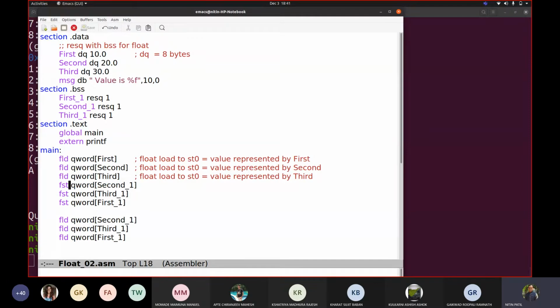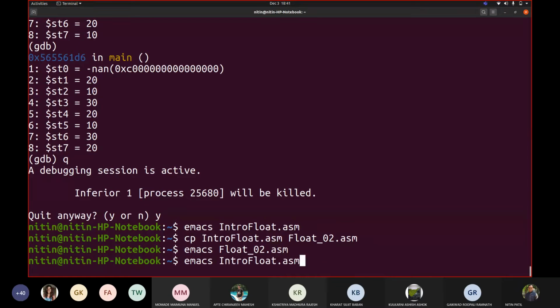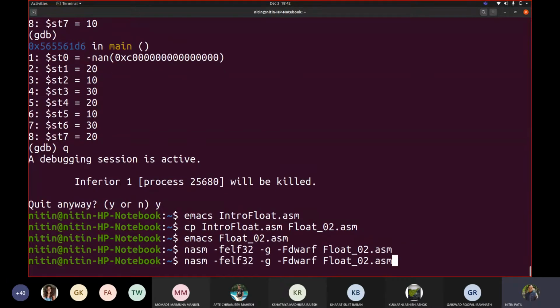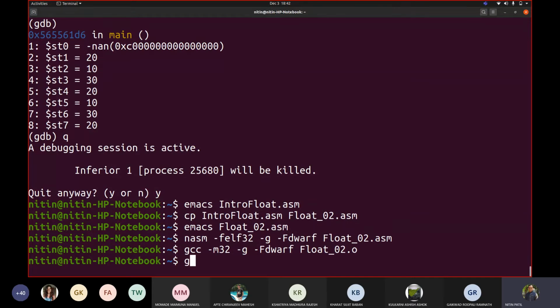No? Okay, let us try. Our program name was float this. Now gcc float this. Let us write gdb.